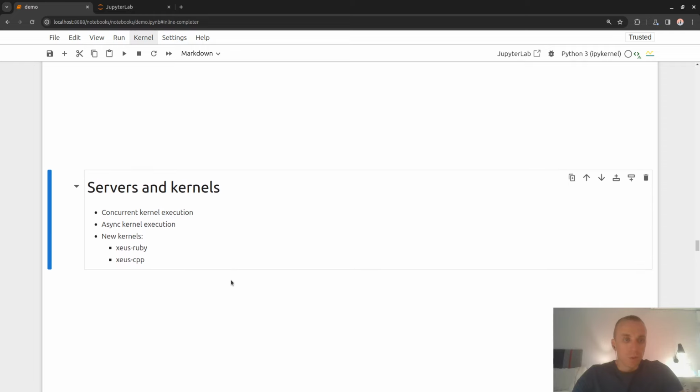So speaking of servers and kernels, there is also some work happening there around concurrent kernel execution. So being able to maybe run cells, for example, a cell is taking a long time to execute, but you still want to run another cell, then having a way to do this would be useful. So currently it's not possible via the Jupyter protocol, but there's been some work on trying to allow for this. Also for async kernel execution, which is a little bit related to this,